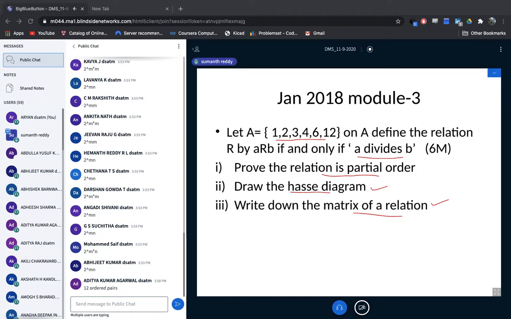Okay, so Aditya Kumar, you have given that there will be 12 ordered pairs. Others, is it correct? Actually, we have a formula to find the total number of ordered pairs in a Cartesian product and the total number of possible relations. But given a relation, if we want to know how many ordered pairs are there, it is possible only if we write them out. Other students, is it correct? Will we get only 12 ordered pairs?